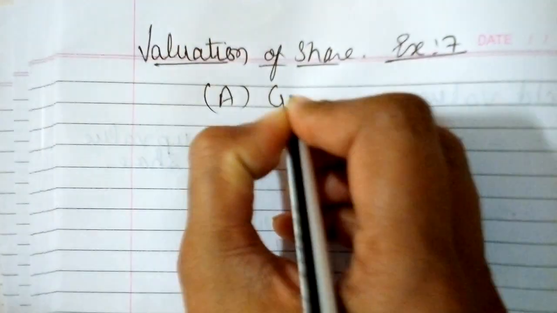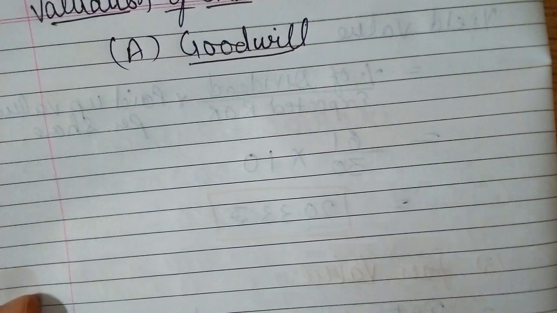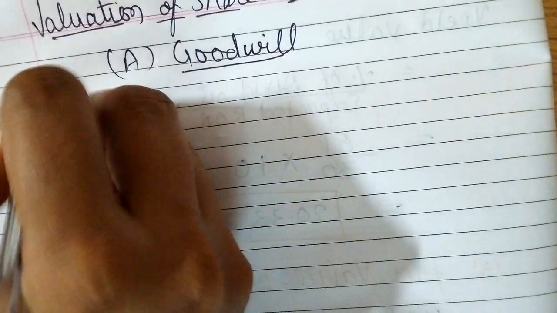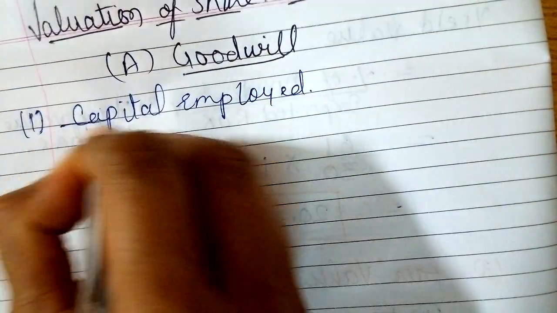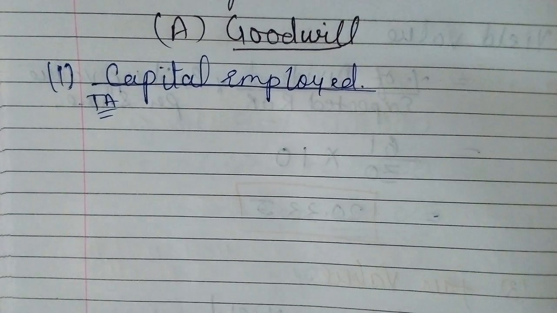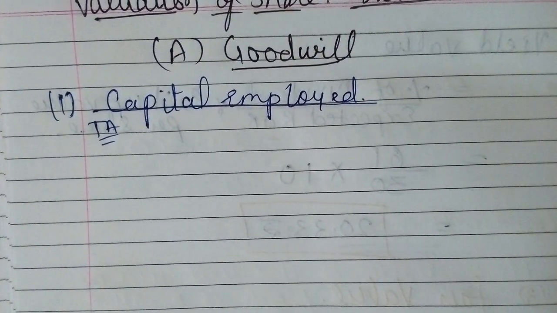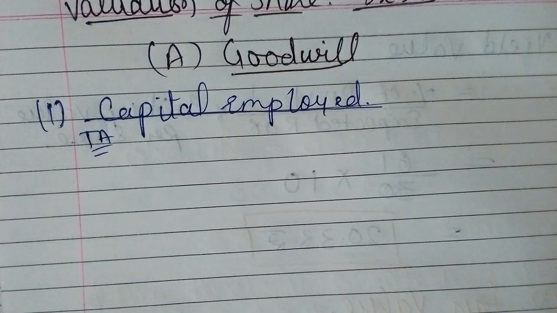So firstly, we need to calculate goodwill. For the valuation of goodwill, that will be our first step, right? For that we need to start from the capital employed up to the valuation of goodwill. So the first point will be capital employed, which requires total assets minus total liabilities. So for the total assets, let us consider our example first. The sequence of the balance sheet has to be maintained.